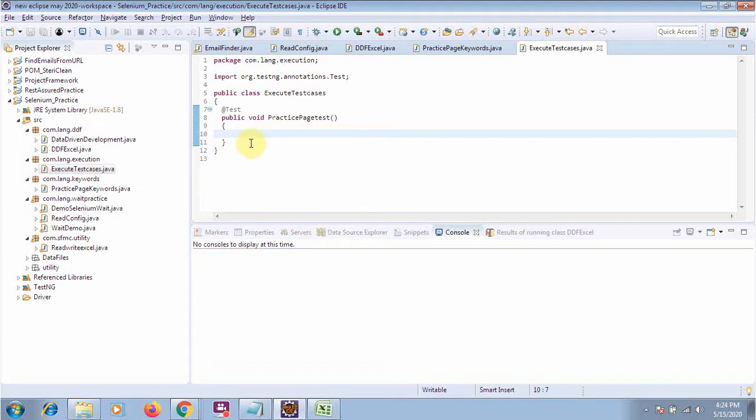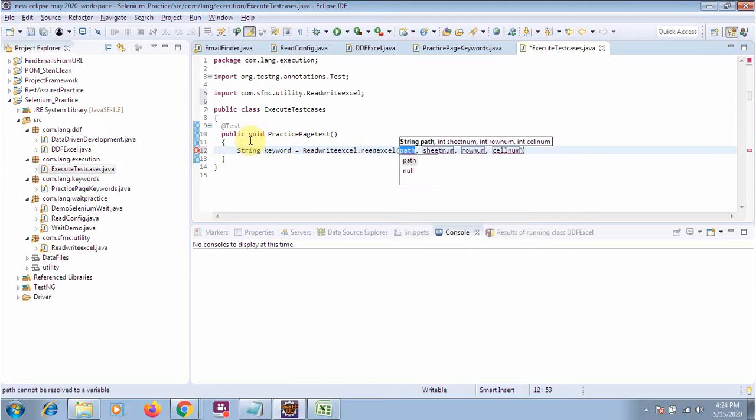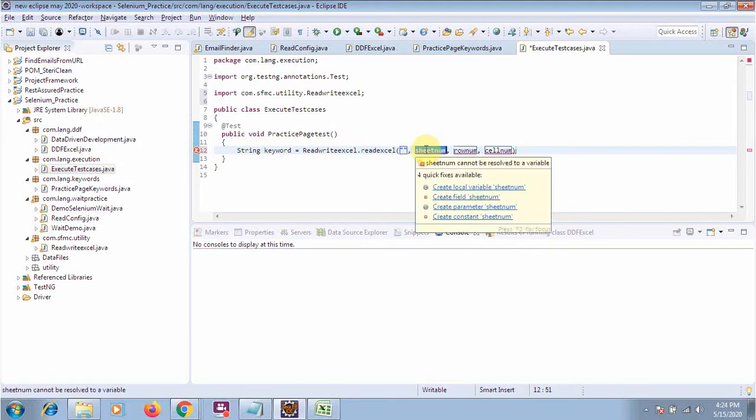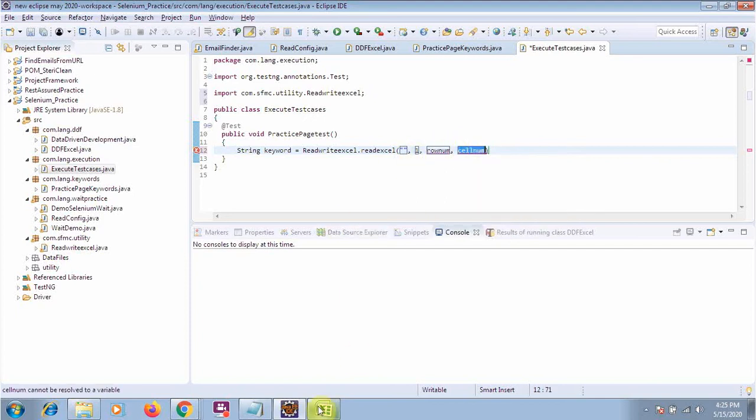I will just say String keyword is equal to, the class name ReadWriteExcel dot, there is a method, right, readExcel. I will call it, so I will give the file name, sheet name, row number, and then cell number.